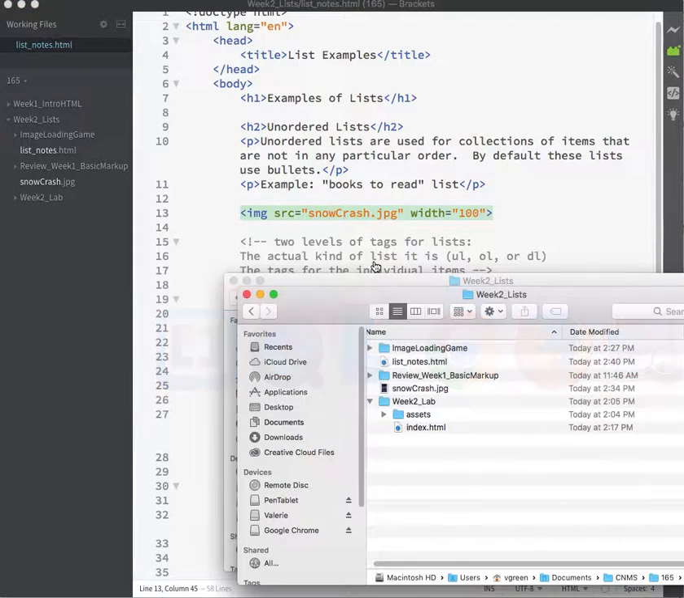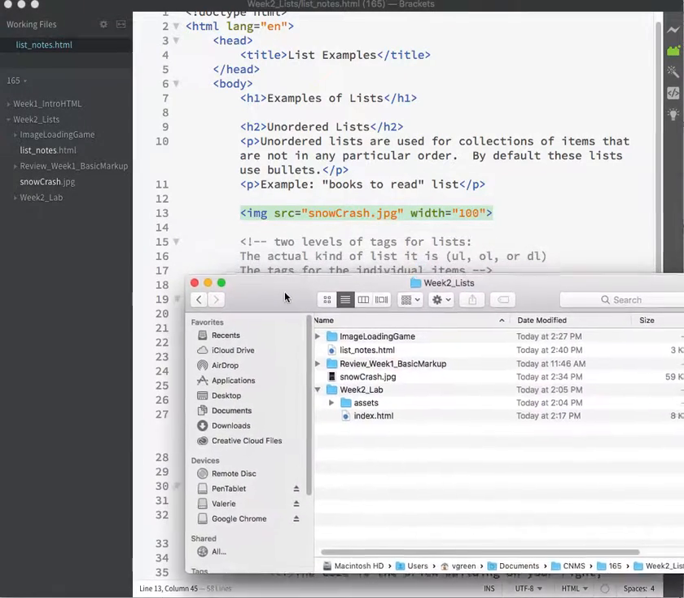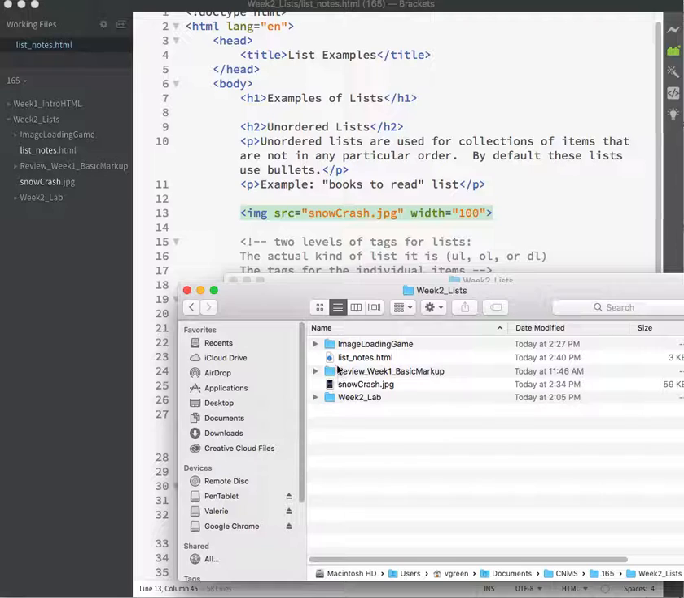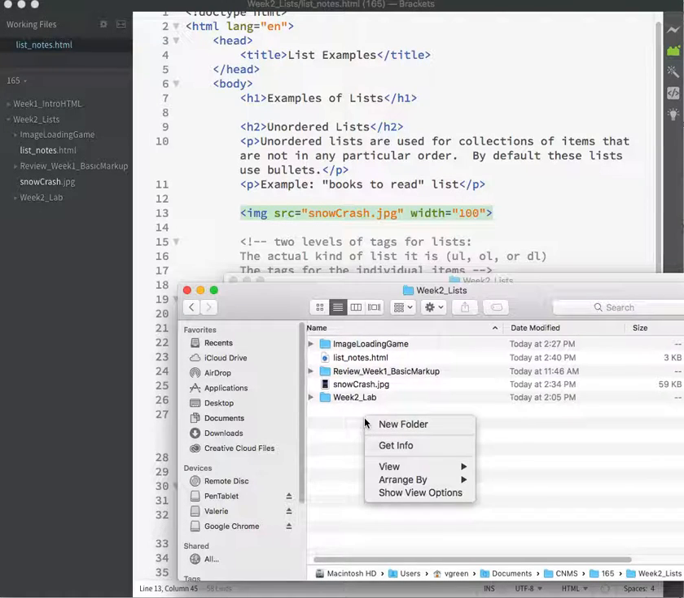Here we are in my folder for week 2, and I'm dissatisfied. I am dissatisfied because I don't want my nice clean folder structure in here polluted with imagery. So this is usually what happens in most websites. I will make another folder,